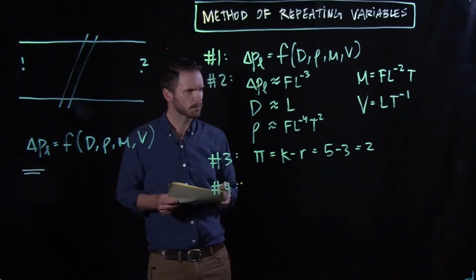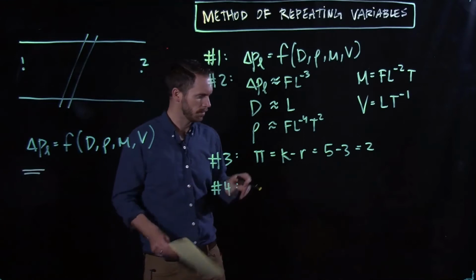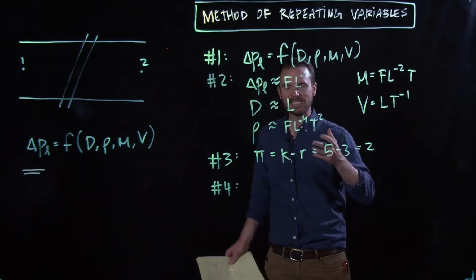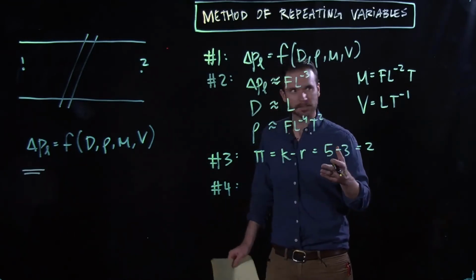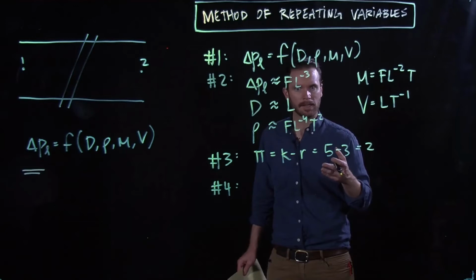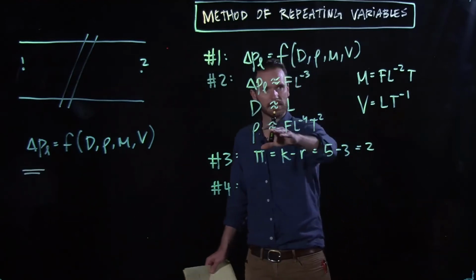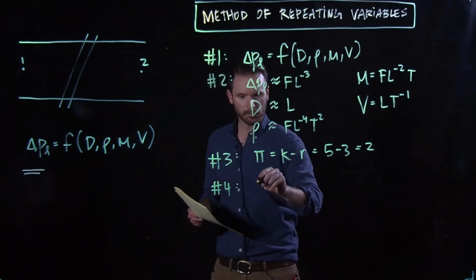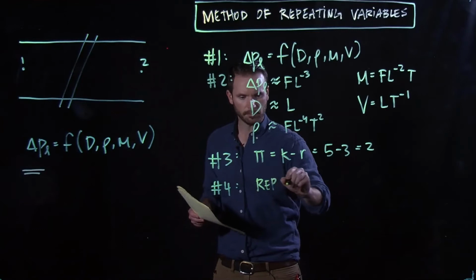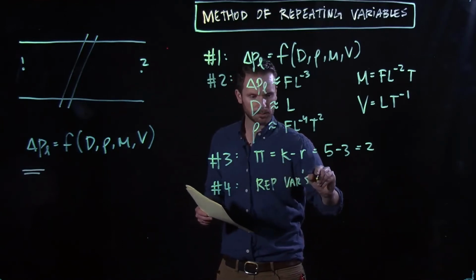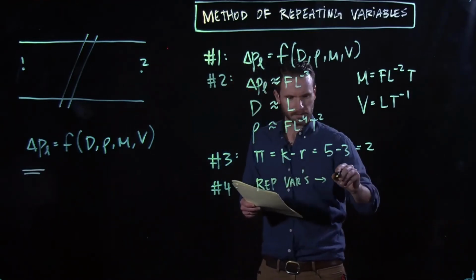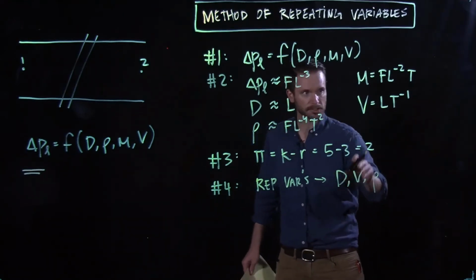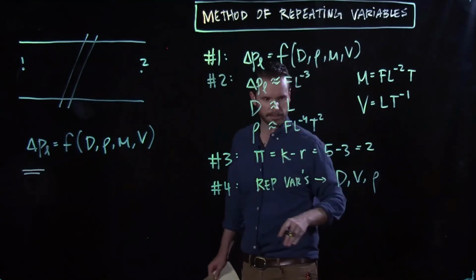And another rule of thumb is when choosing these repeating variables, we want to choose the ones that are as dimensionally easy as possible, right? And so in this case, which looks most complicated out of this? Maybe density or viscosity. So we'll choose the 3 repeating variables. We're going to choose those as d, v, and rho. I definitely want to keep diameter and velocity in because they are dimensionally fairly easy, which will make our lives